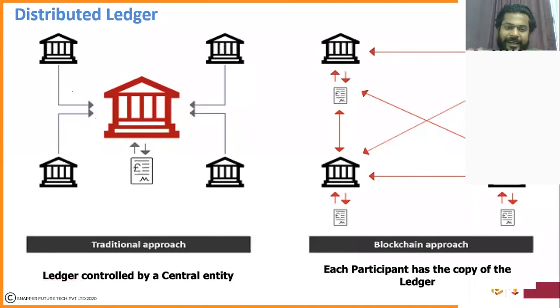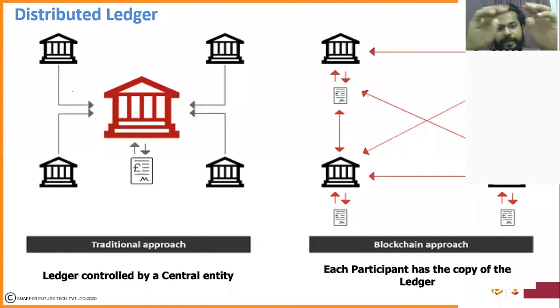Yes. The entire ledger has to be maintained by everyone in the network. Okay. So if the ledger is maintained by everyone in the network, even if one or two peers go down, do you think the ledger is affected? Do you think the transactions will get affected? Because the ledger is available with other participants in the network, right? Don't you think so? So there is no central point of failure.